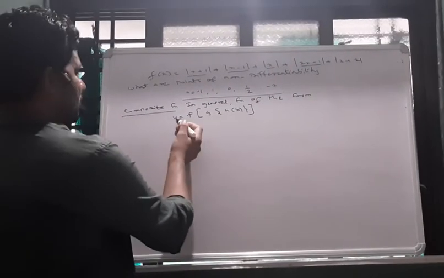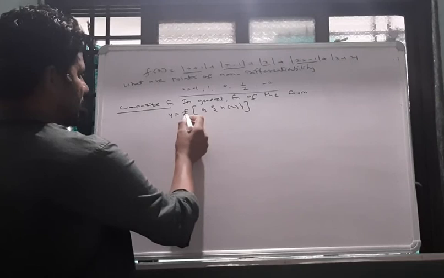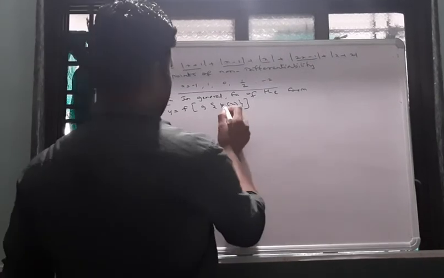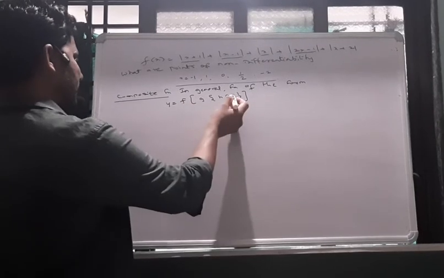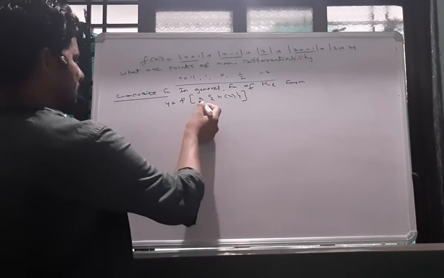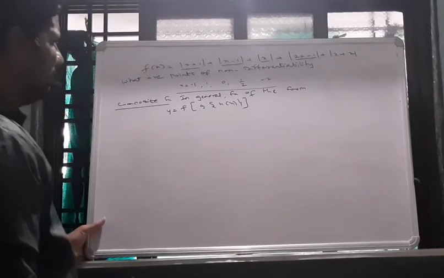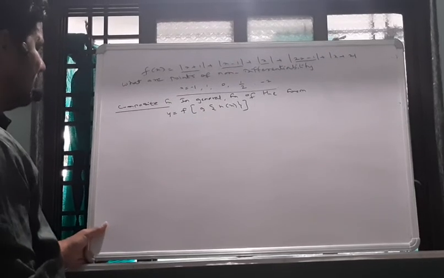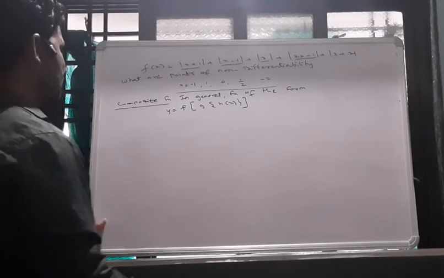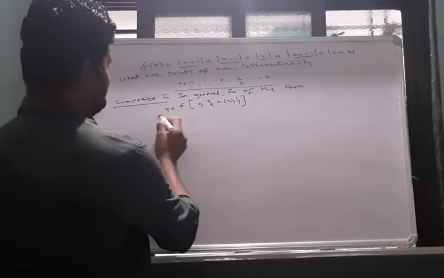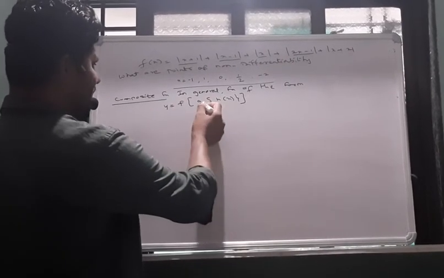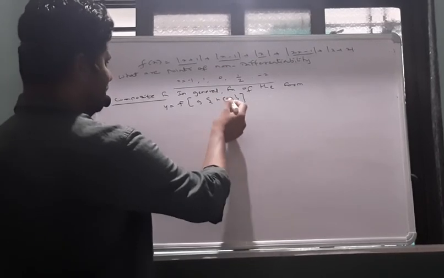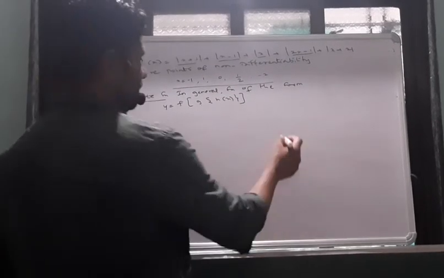It means y is a function of f, f is a function of g, g is a function of h, and h is a function of x. So y is not directly dependent on x. Y first depends on f, g, then h. So simply it means y depends indirectly on x only, but here it is not directly dependent. This type of example I will give.